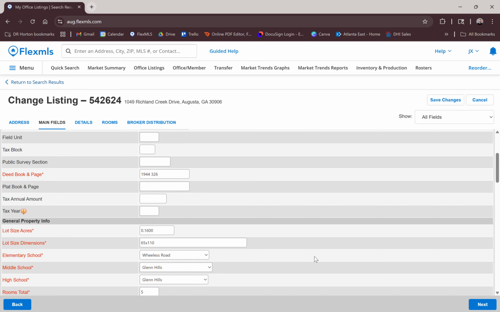The way that we're going to be able to verify that is to look at the neighborhood plat that's going to show lot 59. The way we're going to find that is if we go back to Teams and go back to the community files. Go back to the community files. If we go to the land files,